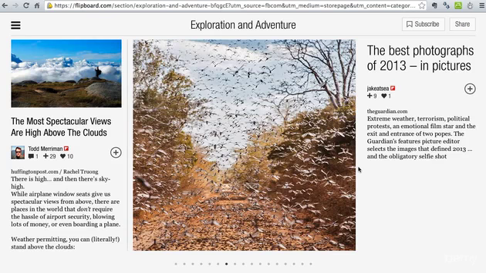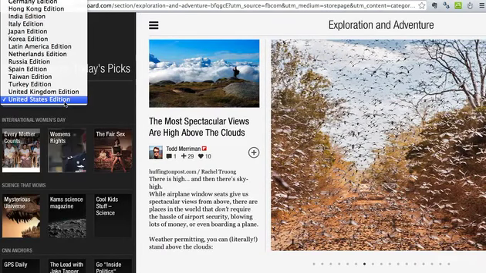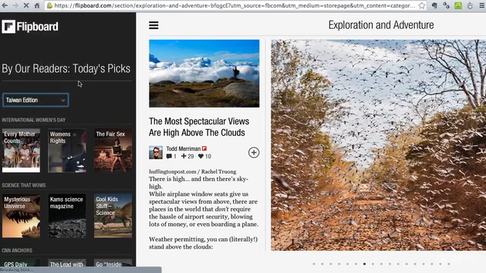Let me just go back there. You can see you've got editions for various countries around the world. So if we look at the Turkish edition, no, it's Taiwan, sorry, but I'm going to regret this. It's going to be in Taiwanese now, as you can see that coming. Just give that a few seconds to come up. And there we are. The same thing there, but in different languages, but there's also lots of things here, even here in Taiwanese. Goodness knows what that says. So let's go back to the United States edition, which I think is where I started. There we go. And there's just thousands and thousands of these.